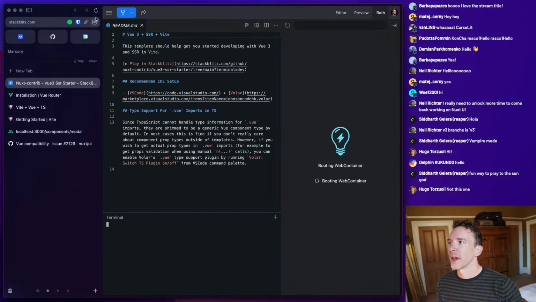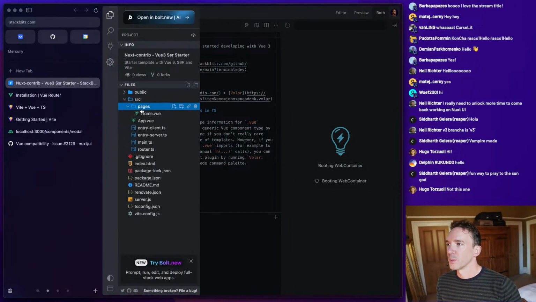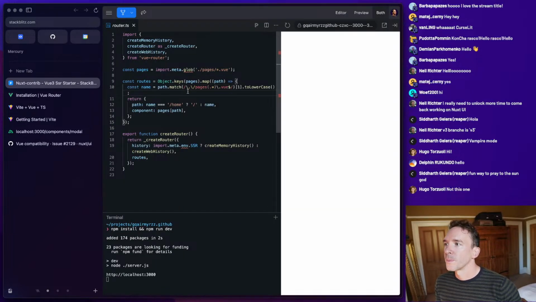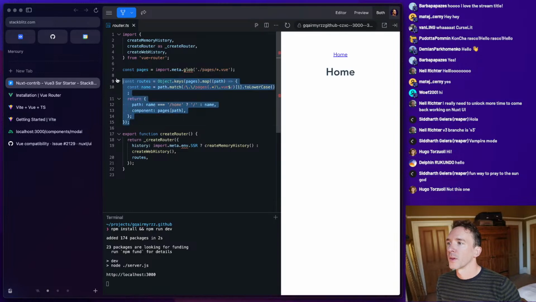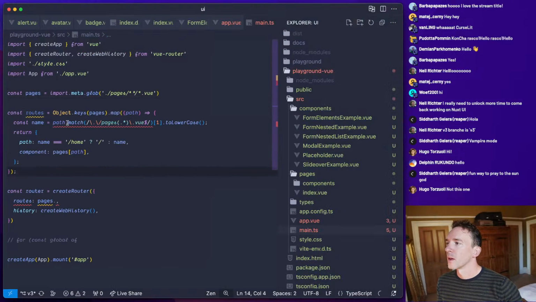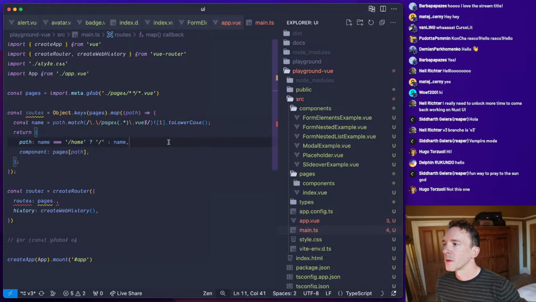Okay, so here's just a very quick router example. Okay, that's fine. Right. Let's try that.